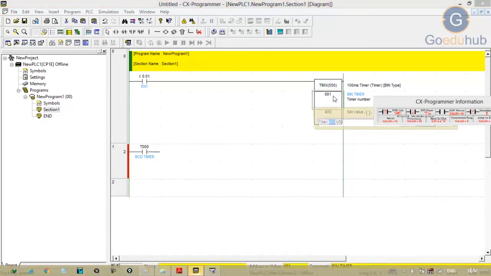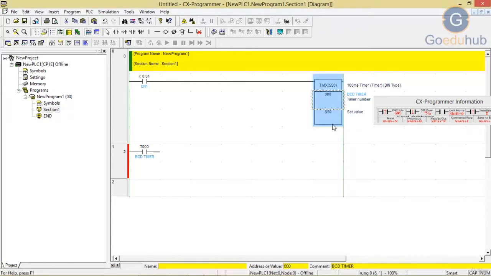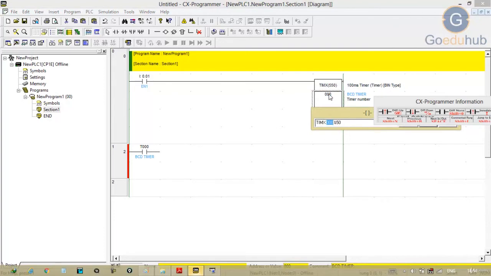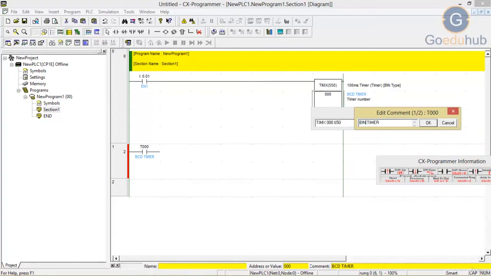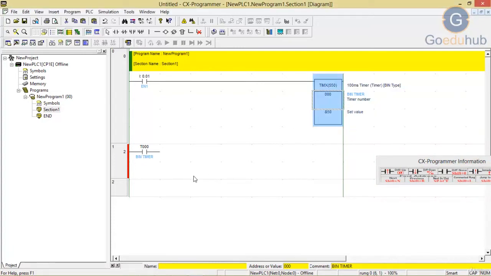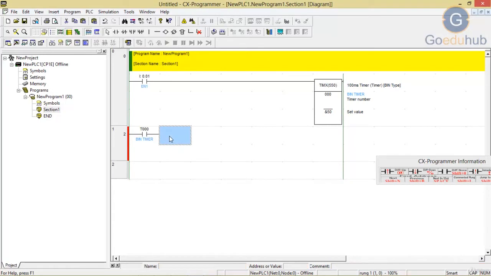Here change the address to 0. Now what you have to do is connect your output, out 100.0, you can take it as a lamp. That's it. Now compile this and go to simulation.